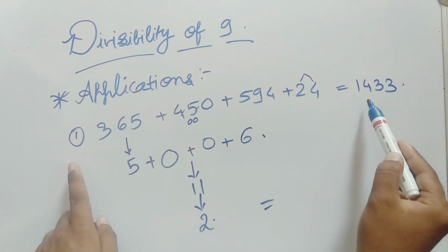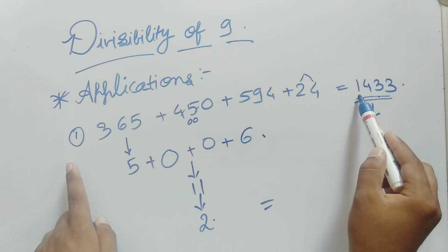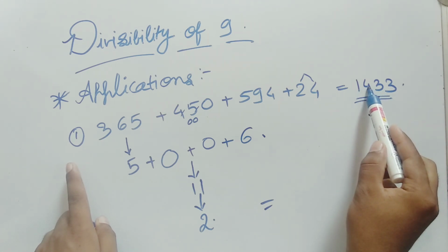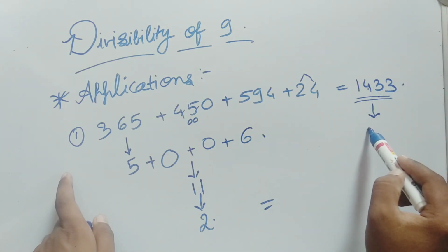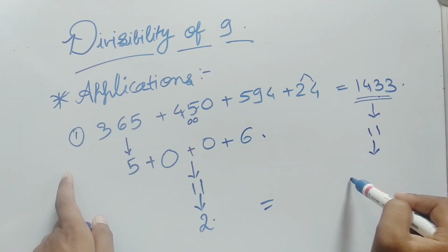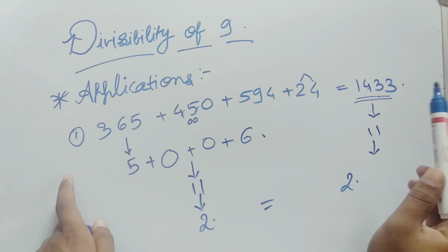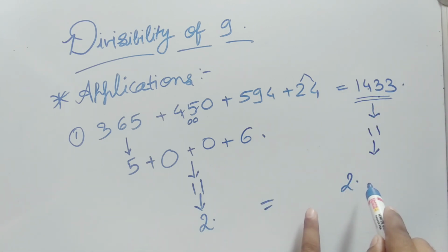Now we'll try to calculate the single digit conversion of the solution part. So just add all the digits. So 1 plus 4, 5, 5 plus 3, 8, and 8 plus 3 will give us 11, and 1 plus 1 will further give 2 as the single digit for this solution. So it implies that our LHS side is equal to the RHS side.